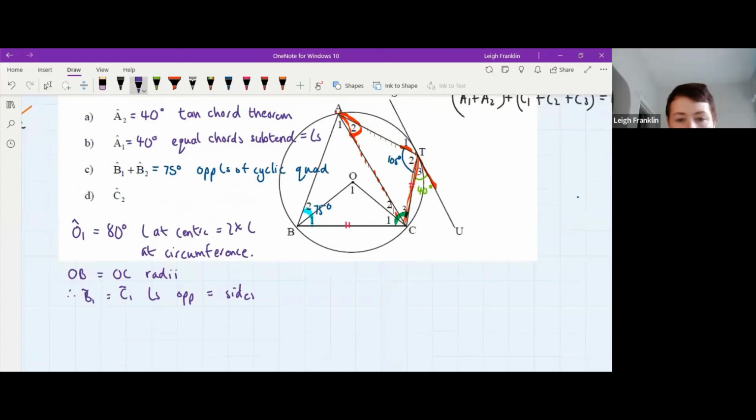Hang on a second. So yeah, we do need to know how big that is. Okay, so what that means from here, what we can do is, because we have A1 and A2, all right, and we have what? Yeah, so we know that that's 80, right? Yes. We know that that has to be 100. Yes. Okay. So you said somebody worked out the size of C3 using angles of a triangle, which would be